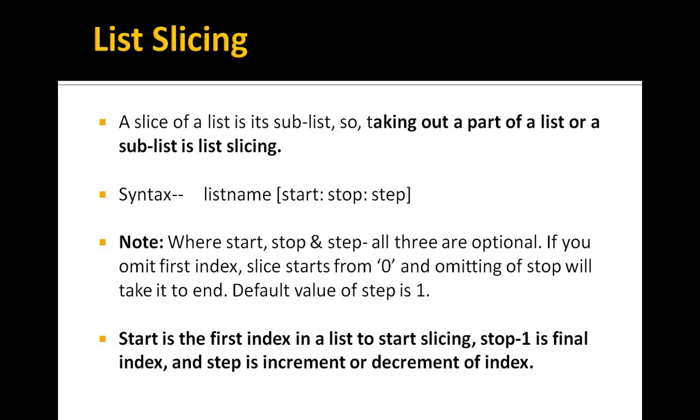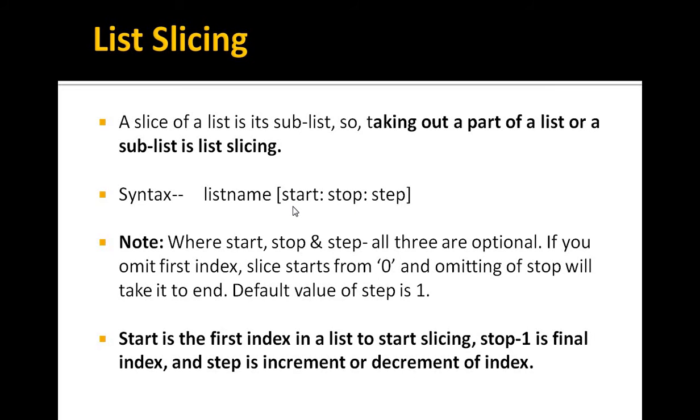To do this, we just have to use the list name, and inside the square bracket we have to provide the start position from which we want to access the value, the end position up to which we want to access the value, and the step, the gap with which we want to access the value. Remember here, the end position will be stop - 1. If you give stop, then the final position will be stop - 1. That means excluding this boundary.